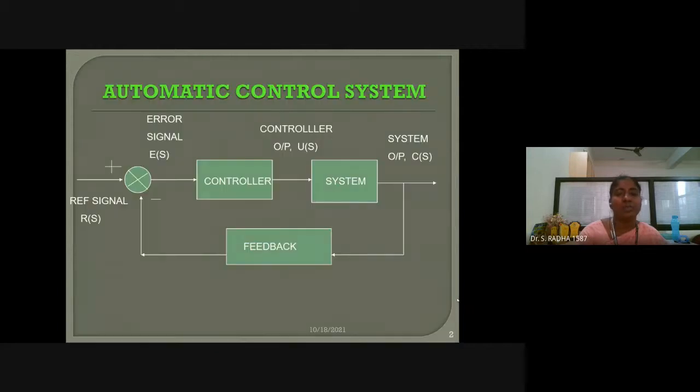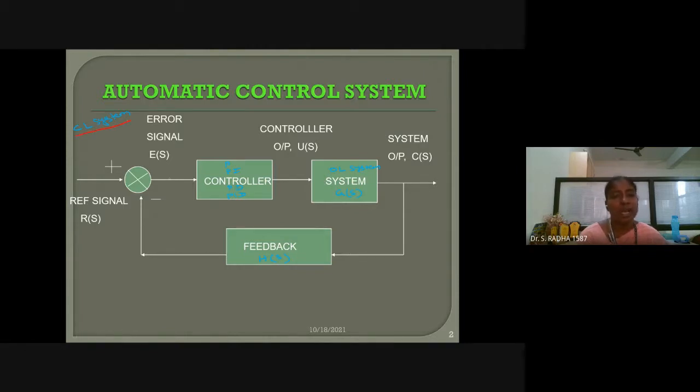Okay, so now I will go with this. This is our closed loop system. This is the open loop system, G of S, and then a controller is present. You can add the controller here, either P controller, PI controller, PD controller, or PID controller. Any one controller you can add here. And this is our feedback H of S. Output is C of S, input is R of S. We have a closed loop system over here.